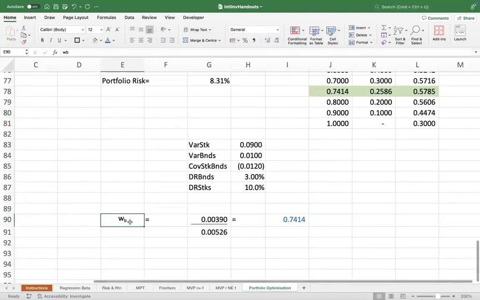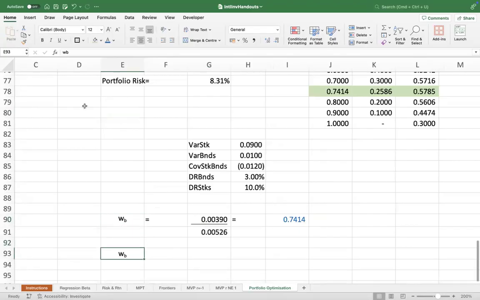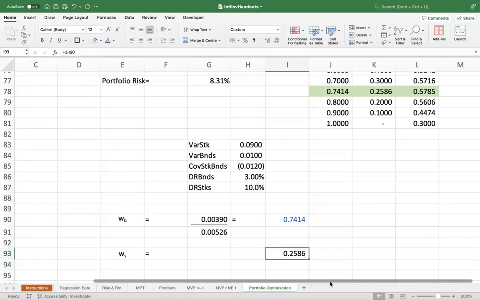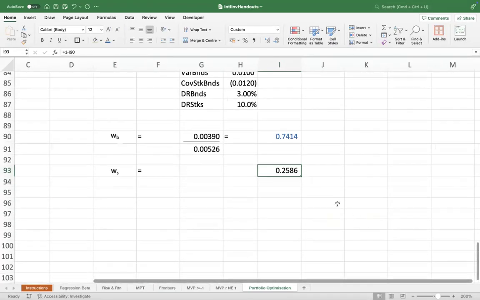And weight of stocks will be what? Correct. उसके लिए तो this, you don't need to do much, it is just 1 minus this, which is 0.2586. Now the most important part of this portfolio management and rebalancing is to create a summary. So let's create a summary here. So if I take the return and the risk combinations and the Sharpe ratio in my base case